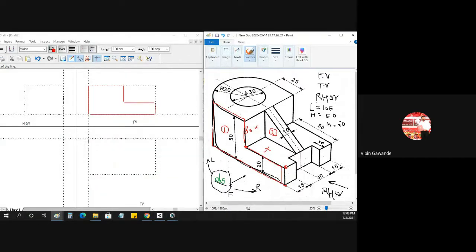Now we have to draw this triangle. This is not the complete triangle we have to draw, but we have to take this triangle from here. It will start from here and it will come up to here. That means up to 10 mm, because this is not the complete. It is not up to the last corner, but this triangle is up to here like this.